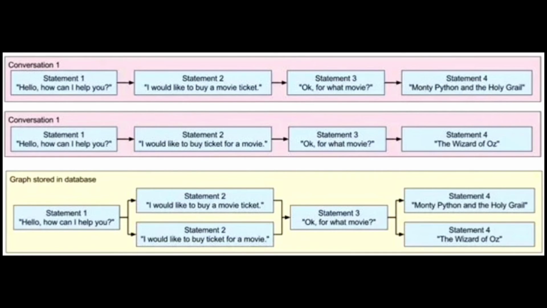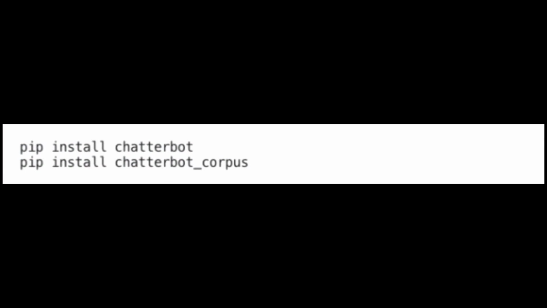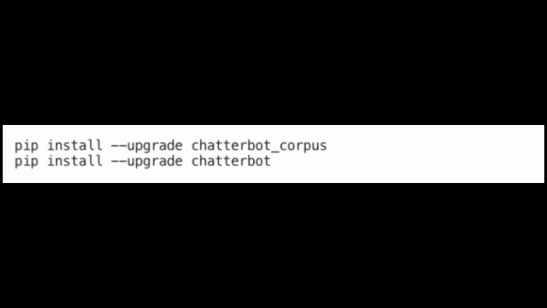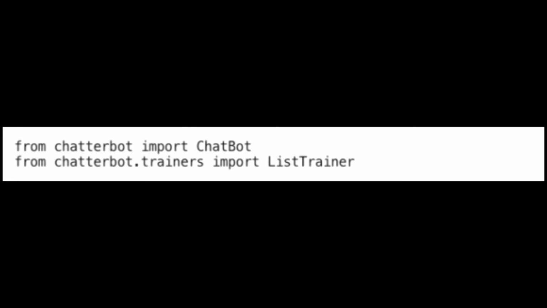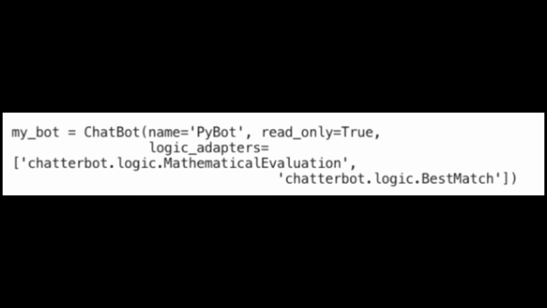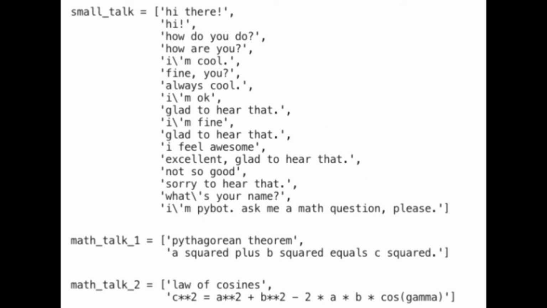presence. So first, you can install the ChatterBot, then upgrade it, then import classes, and then you can train the chatbot. You can do it by specifying the list of strings that can be later used to train your Python chatbot and find the best match for each query. Here's an example of responses you can train your chatbot